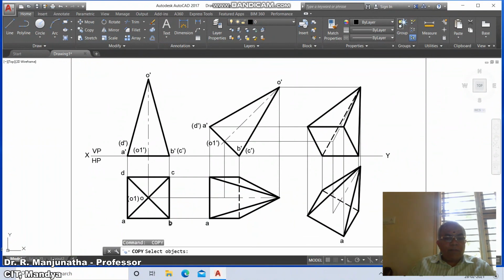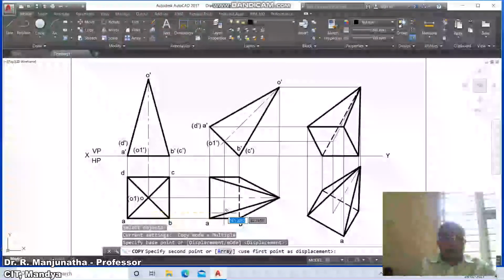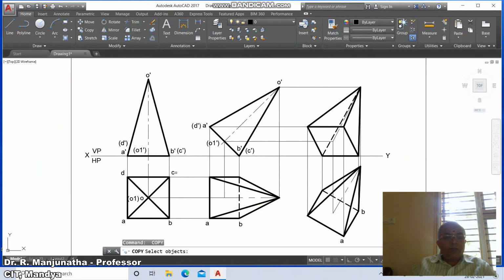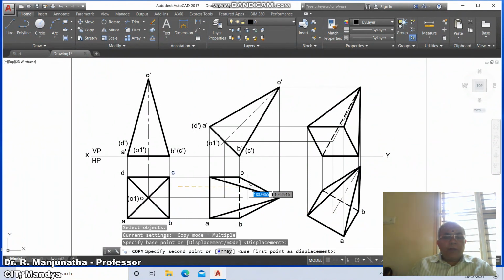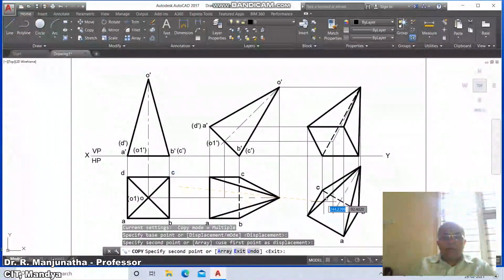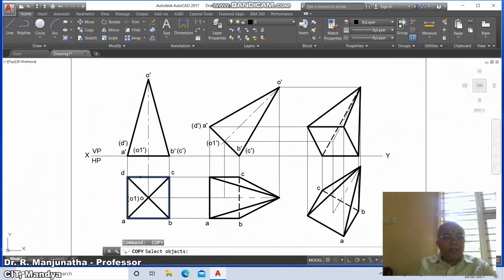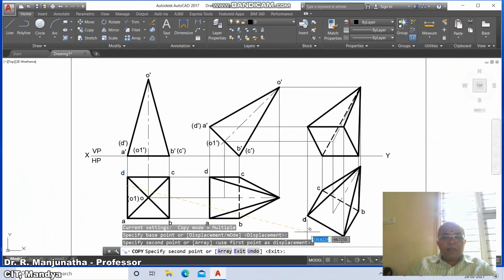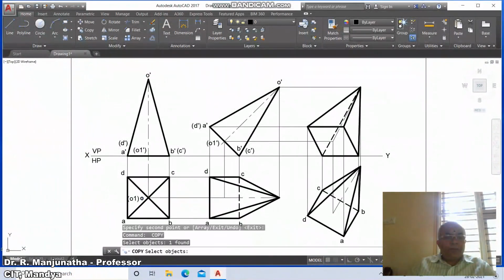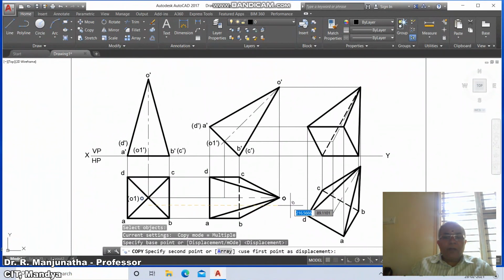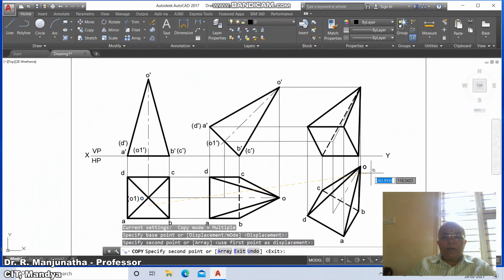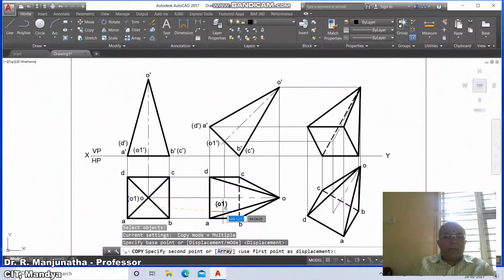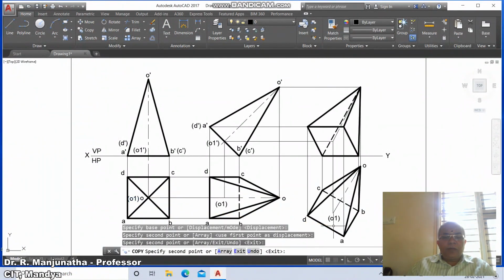Then you take B, copy it here, and that B has to come here. Then go to C, copy it here, and that C has to come here. Similarly D, copy it here, and that D has to come here. Then copy, you take O here, and that O will come here. Similarly O1, you copy it here, and that should come here.